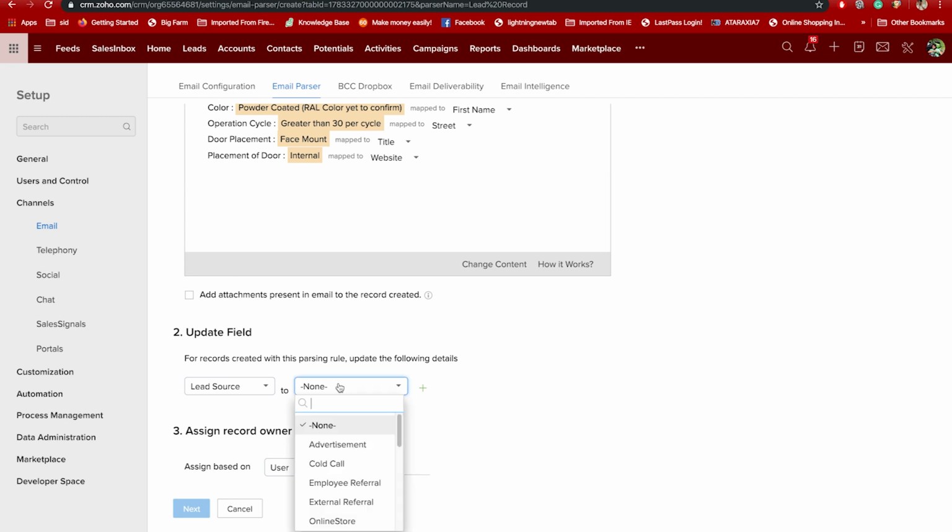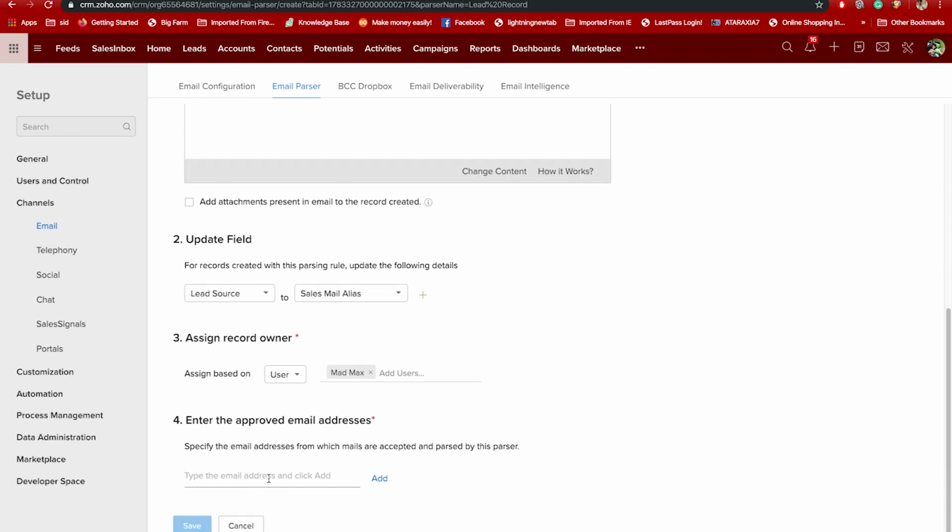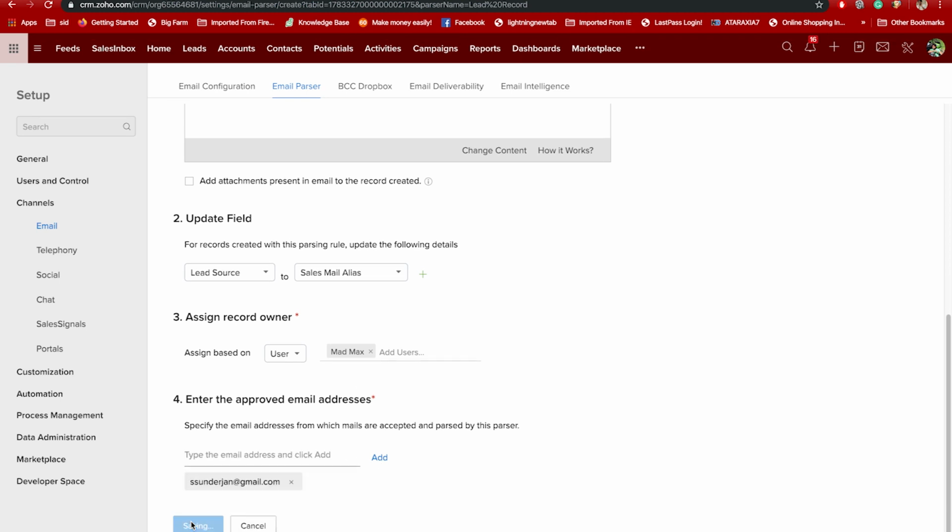Lead source. Choose your record owner and your approved email address. And save.